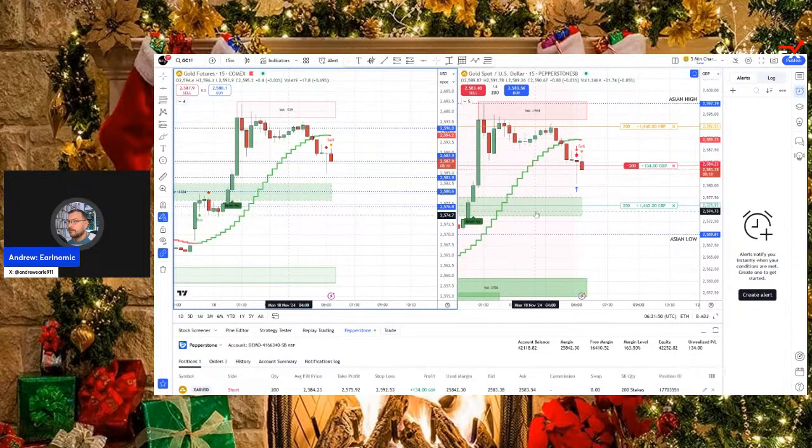I've taken a trade on the Forex gold, just so we can compare the price when Mandela jumps on. We can see where the difference is. So it's just a demo account with Pepperstone, just something I can easily link to my TradingView account.